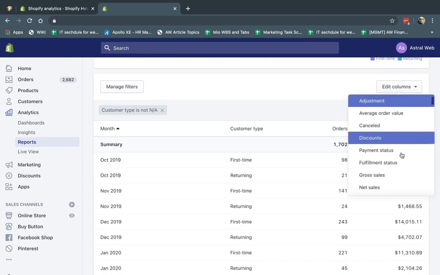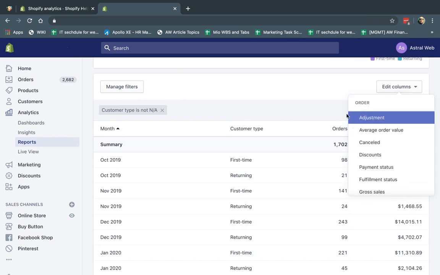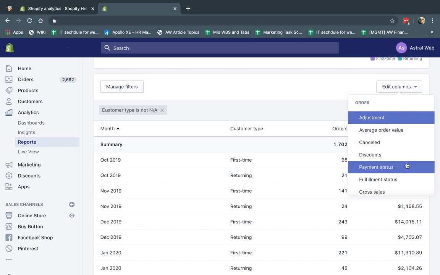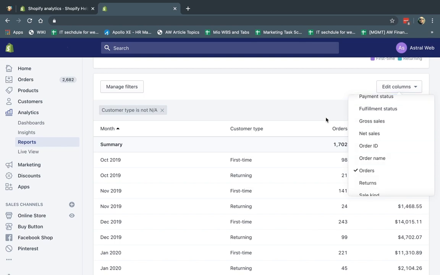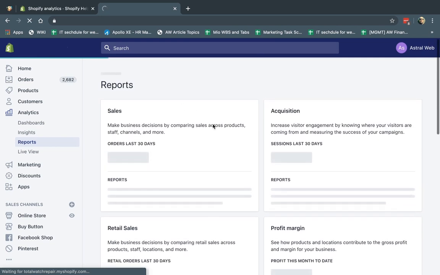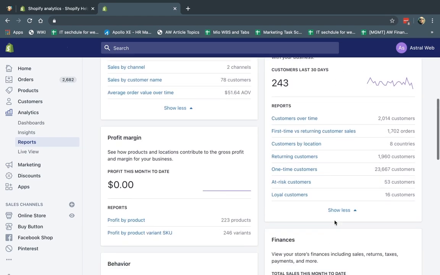Now, another thing that you can notice here is in the prior report that we had before, the columns are actually different. So here I have order columns because the report is based on the type of categories that we have here, right? So we have the sales, the acquisition, the profit margin, etc. All of these things. So they're all going to be different based on what type of data is provided.